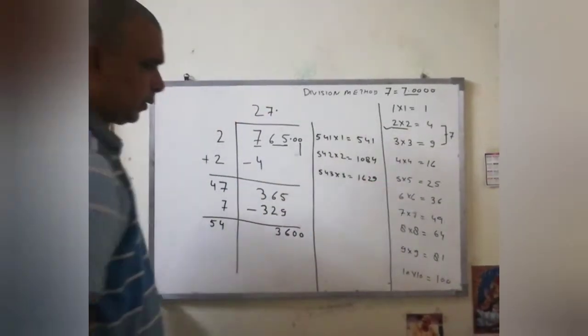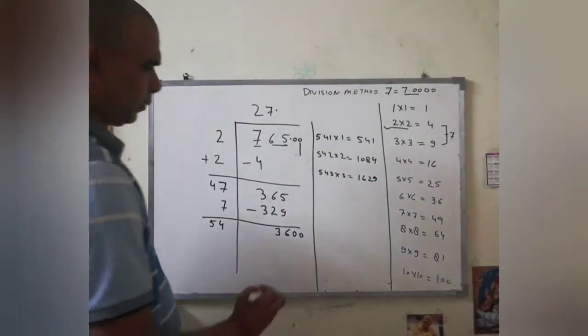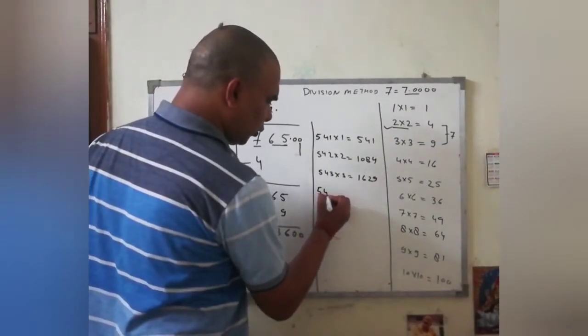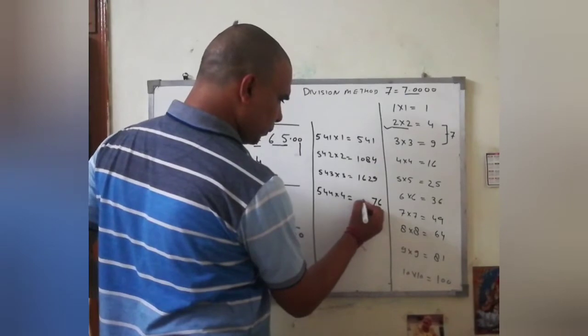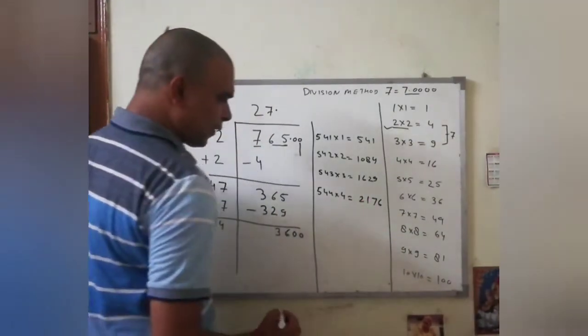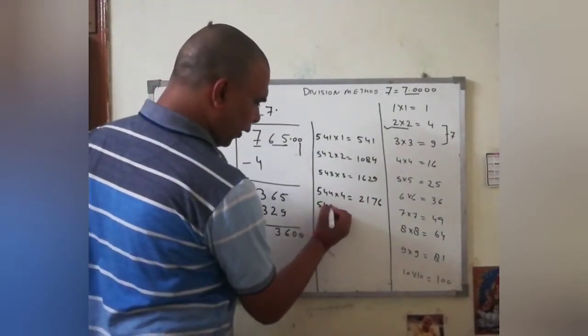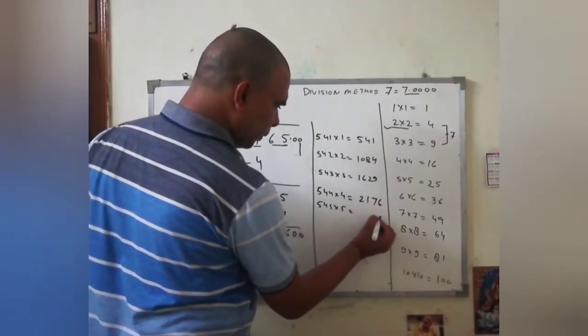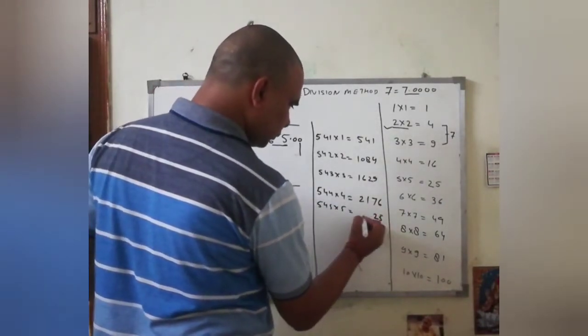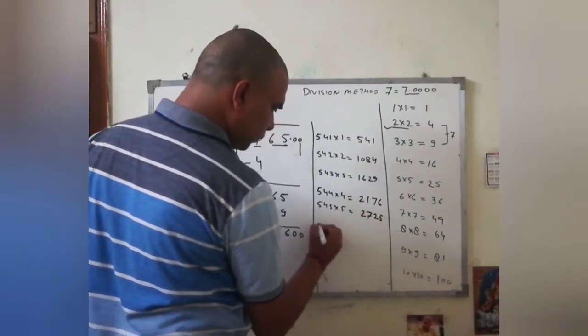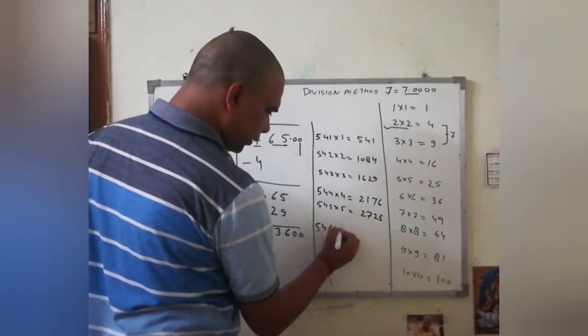Check the calculation. 544 into 4, 2176. 545 into 5, 546 into 6,